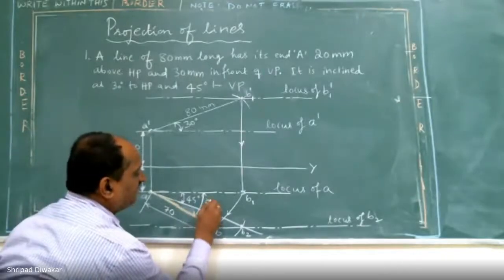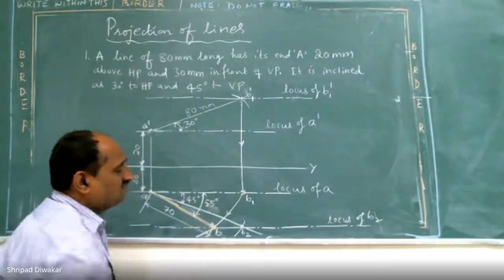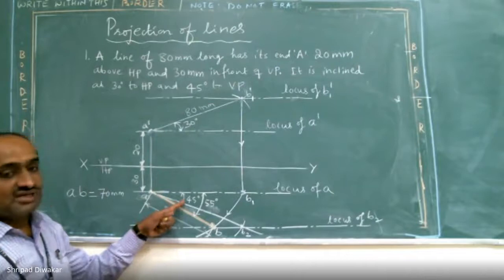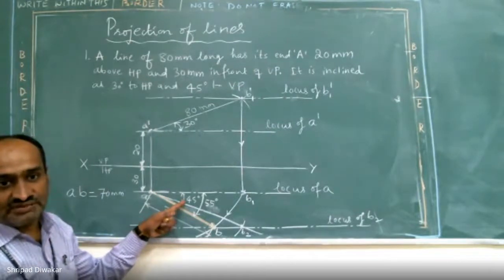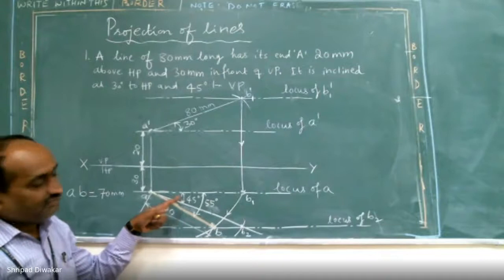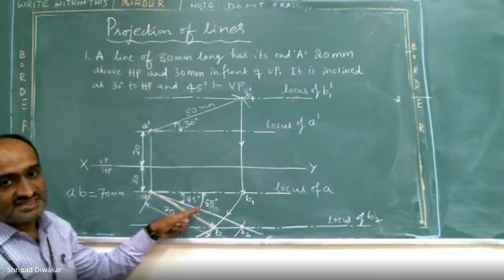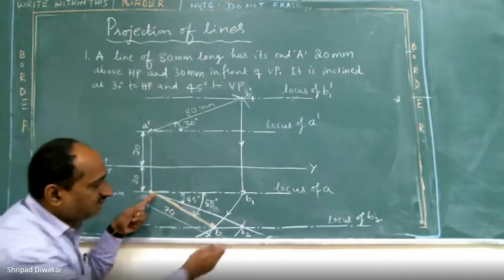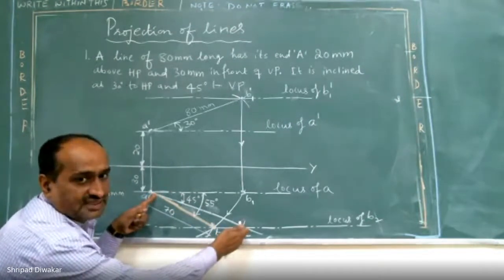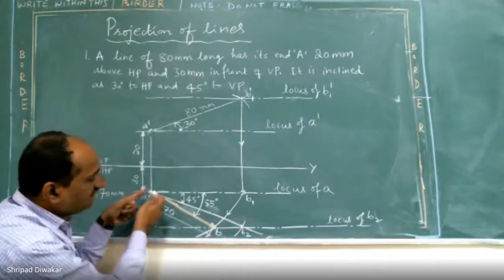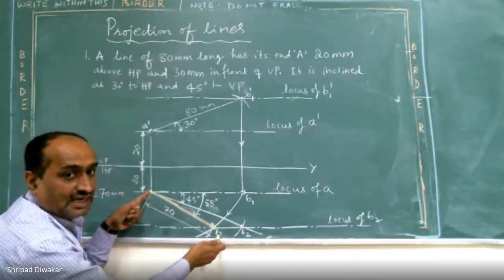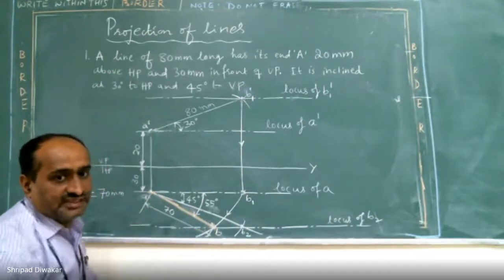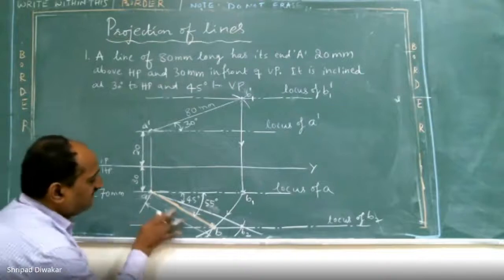Exact answer, 55 degree. So we are having two angles. 45 degrees is called the true inclination with respect to top view. 55 degree, what you are getting, is called the apparent inclination with respect to VP. Next, AB2. The length AB2 is your true length, that is 80 mm. And whatever you are having, AB, is called the apparent length in the top view, and this should be less than your true length. You are getting around 69 only.